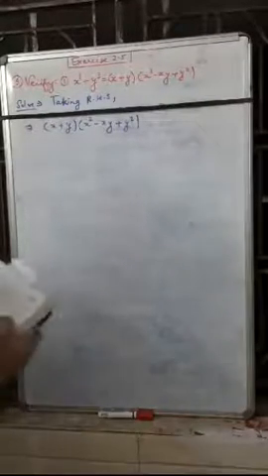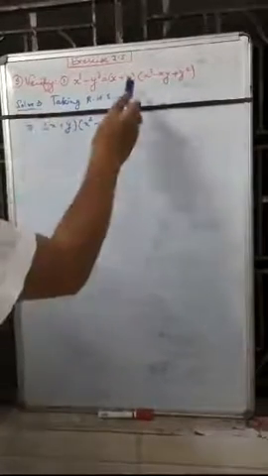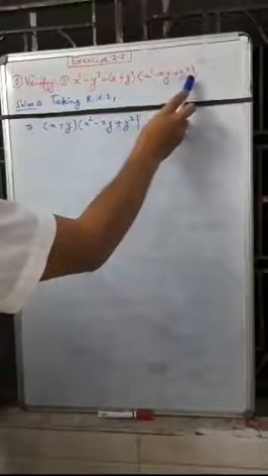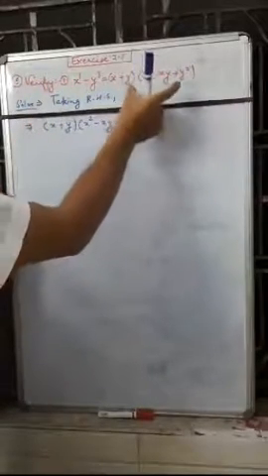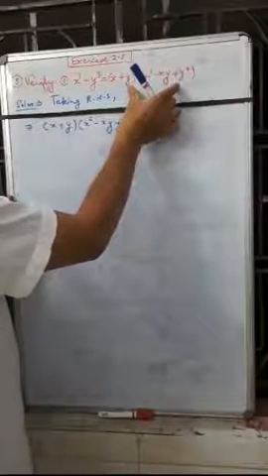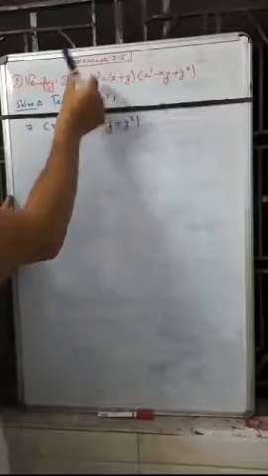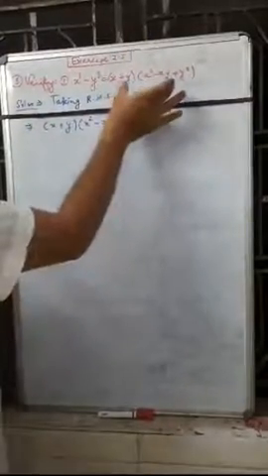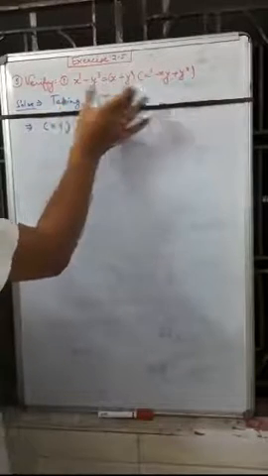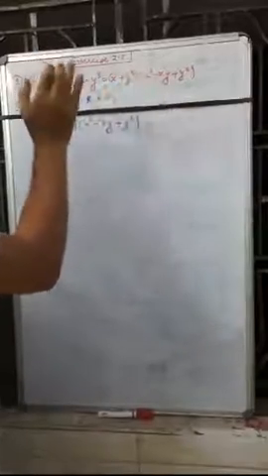Student, now we are having question number 9: x cube plus y cube equals (x plus y)(x square minus xy plus y square). So we have to verify it. That means we can take the right hand side and try to convert it into the left hand side, or take the left hand side and convert it into the right hand side. I am looking for the easier way. We should take the right hand side and try to convert it into the left hand side. That will be the solution of verification of such kind of problem.